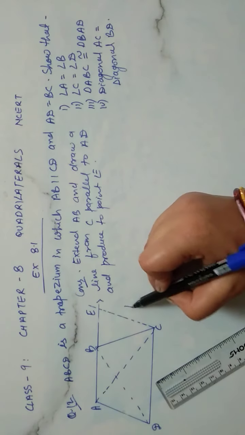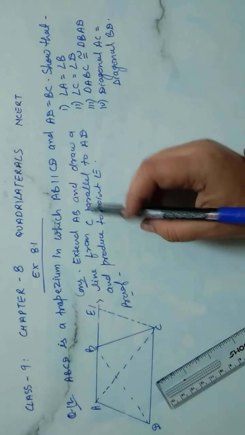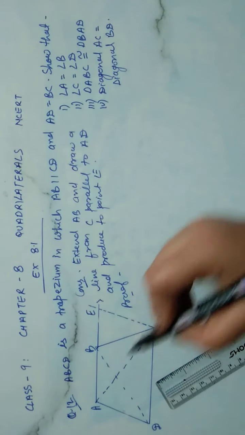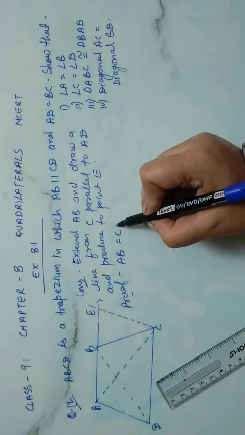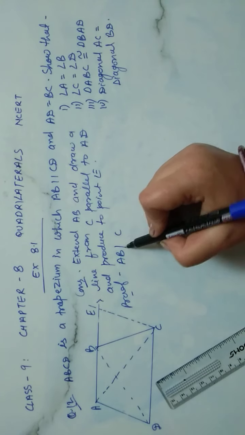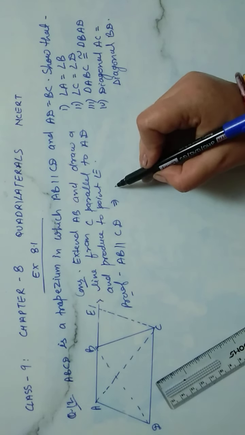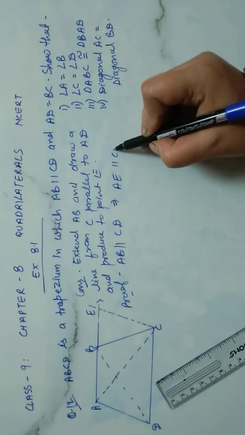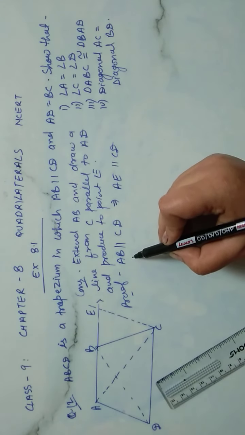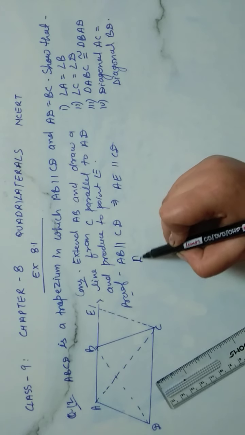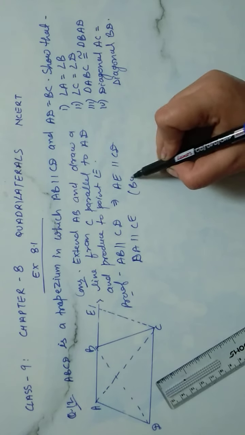Now see the proof, how we will prove it. First of all, we need to prove angle A is equal to angle B, so we will take this inner portion. What we know is that AB is parallel to CD. If AB is parallel to CD, it also implies that AE is parallel to CD, because we have extended the same line. Again, by construction we know that DA is parallel to CE. The reason is by construction.